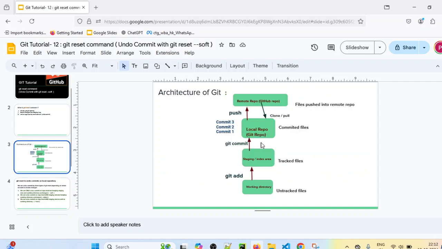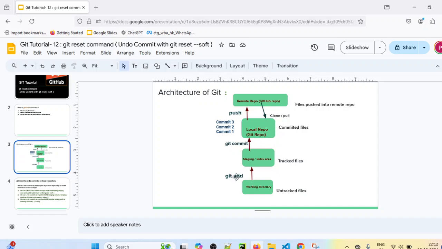Let's say you have added a file in the working directory, added that file into the staging area, and then committed that file to the local repo. Let's say you have committed multiple files, file 1, file 2, file 3, into the local repository. Now by using git reset, we can undo the commit.